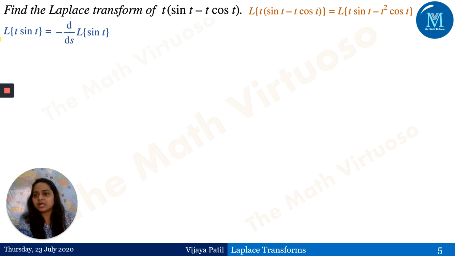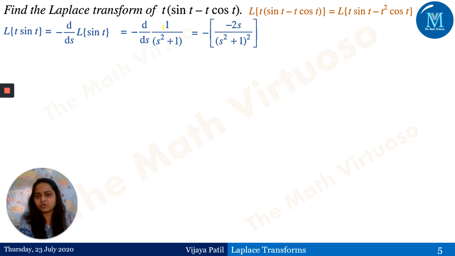So now t sine t would give me, because the Laplace transform of sine t is nothing but 1 upon s square plus 1, and then I have to apply the t times sine t, which is minus 1 times d upon ds of this function, 1 upon s square plus 1, and the minus sign as it is here. For d upon ds, you can apply the u by v formula, or you can directly take s square plus 1 to the power minus 1 and then differentiate. You'll get the same answer by both methods.